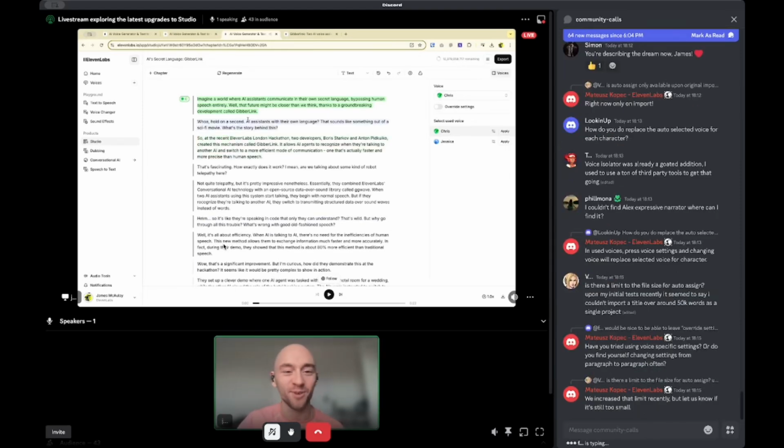Okay, that's very interesting. I don't know if one of the team managed to jump in here and fix that for me, but it was saying Gibberlink before, and that time it said Gibberlink. Also, did anyone else notice that the text says sci-fi, but Jessica said science fiction? I wasn't expecting that to happen, but yeah, this is a really cool